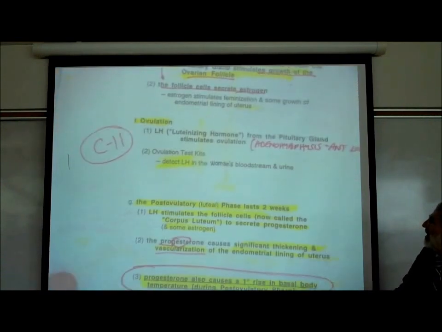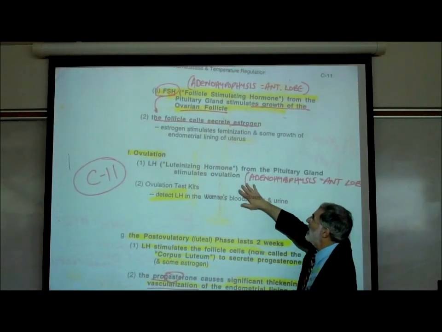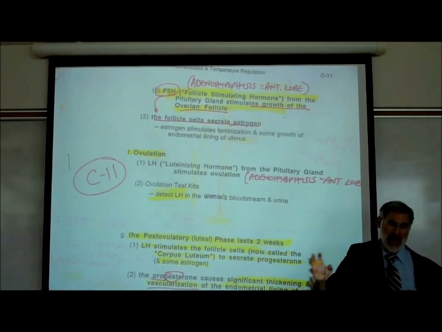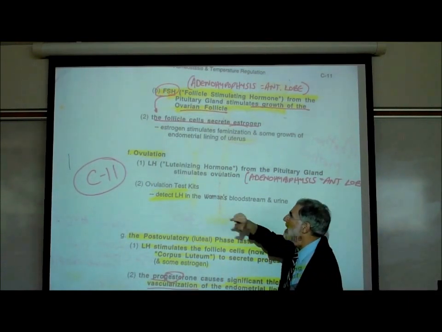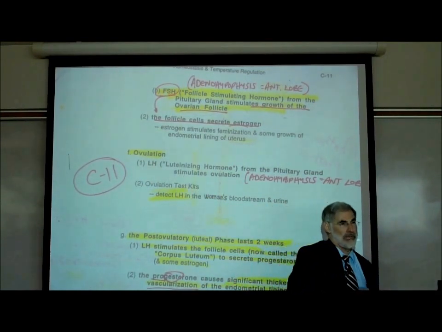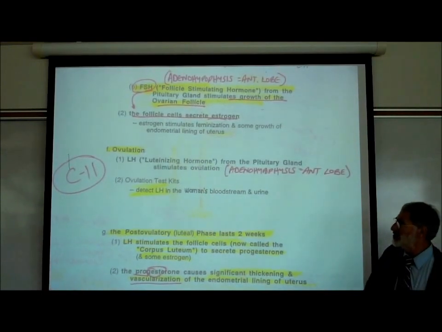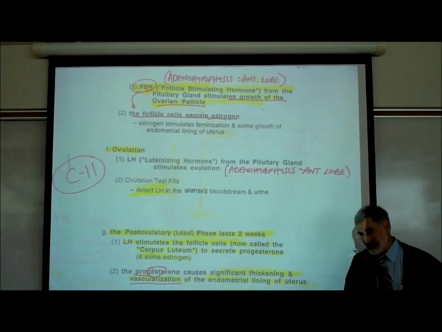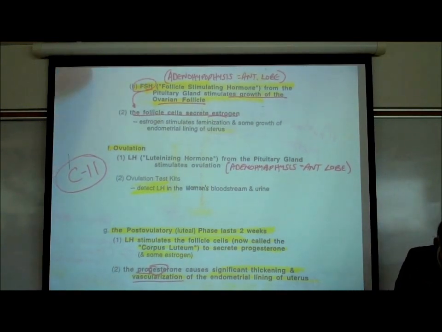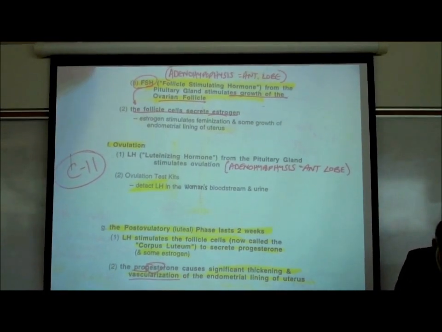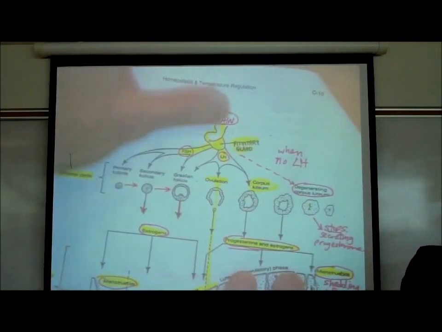And then we have ovulation. And how did it happen? Magic? Not magic. What caused it was LH, released from the pituitary gland. And just before we tell you about the ovulation test kit, and then we'll take a break, let's look at the previous page, C10. On page C10,